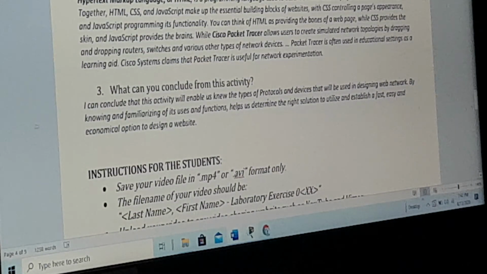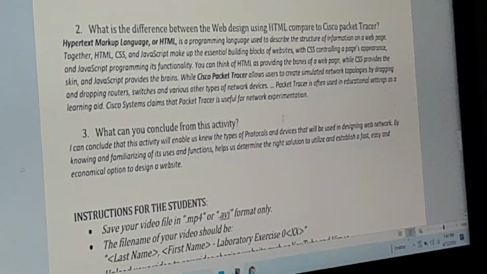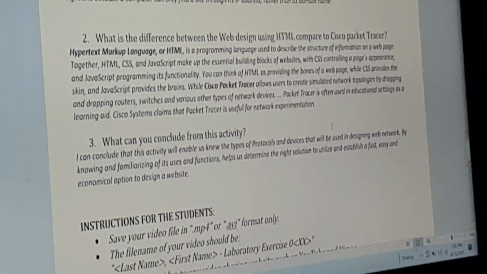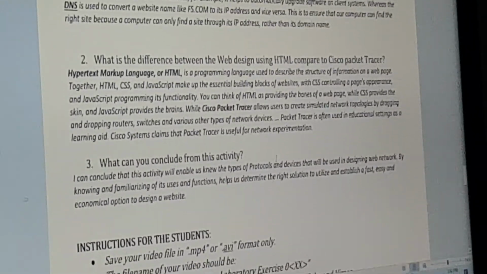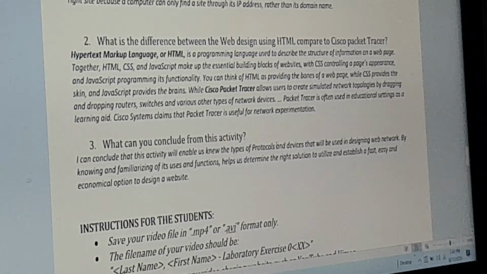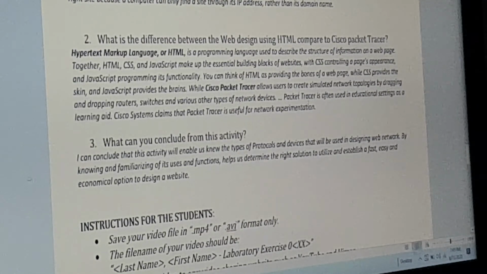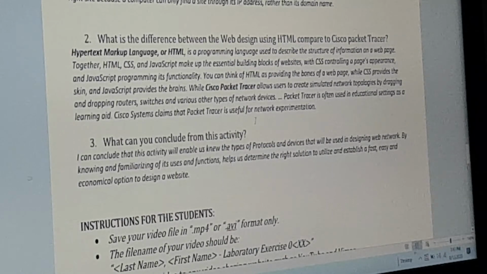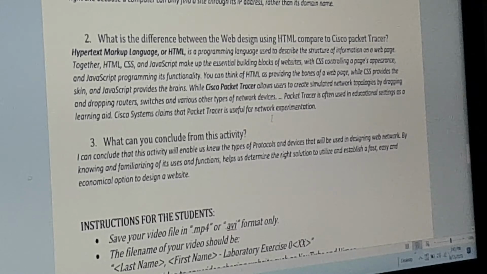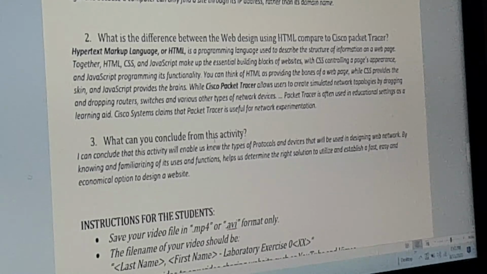So next, second question: what is the difference between web design using HTML compared to Cisco Packet Tracer? Hypertext Markup Language, or HTML, is a programming language used to describe the structure of information on a web page. Together, HTML, CSS, and JavaScript make up the essential building blocks of a website, with CSS controlling a page's appearance and JavaScript programming its functionality. You can think of HTML as providing the bones of a web page, while CSS provides the skin and JavaScript